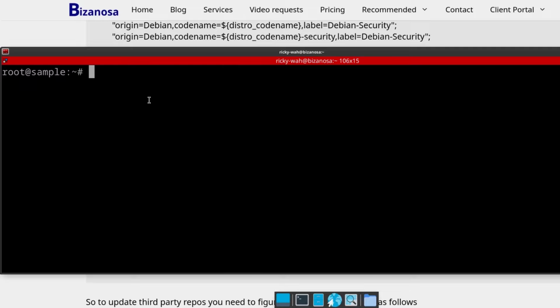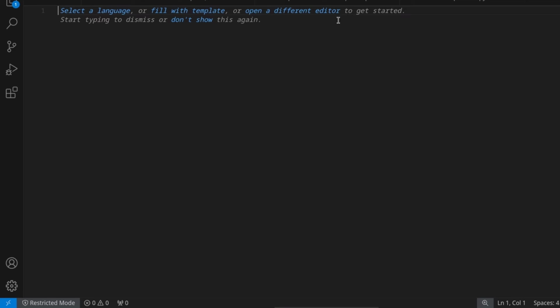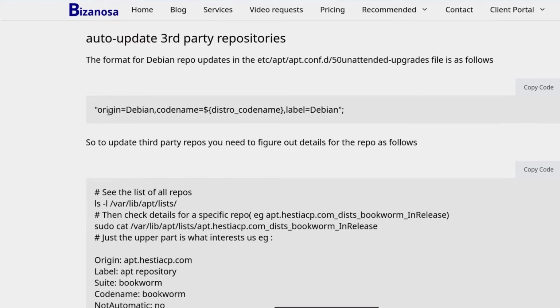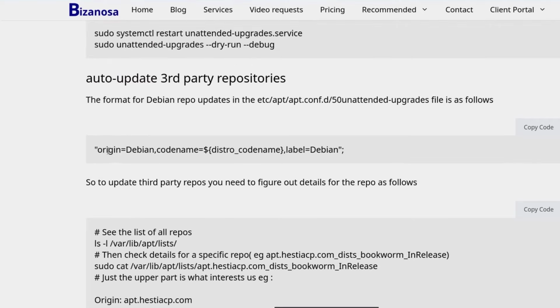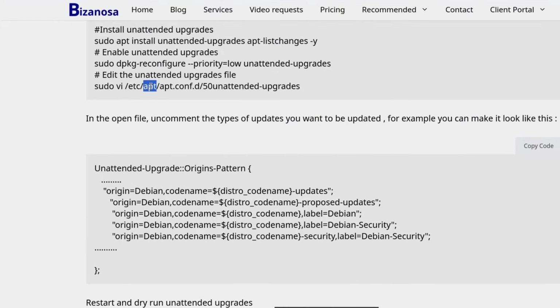So next, let's see how we can set up third-party repositories. And in this case, the third-party repository that we have is Kubernetes. So the first thing, let me open up VS Code. There, auto update third-party repositories. So the default for Debian, if you look at this, let me copy this because I'm going to need it